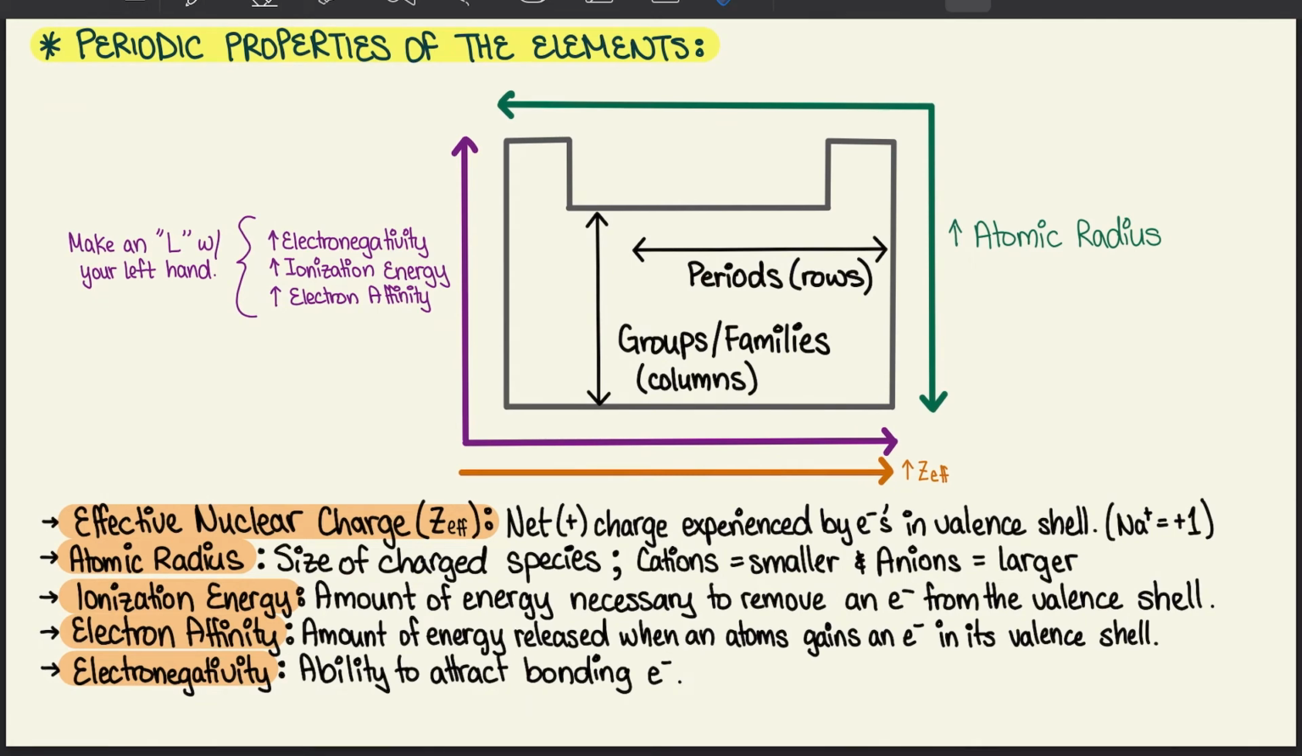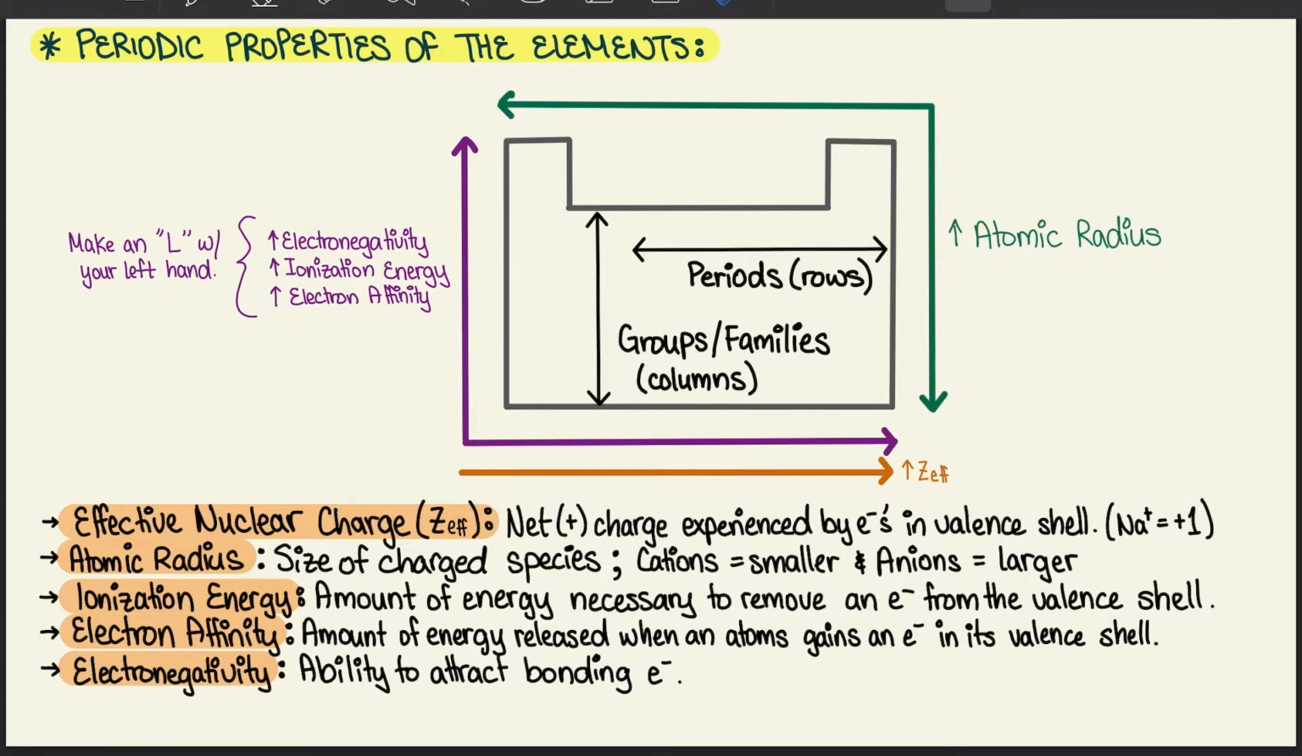of the elements, where I've simplified the periodic properties, but we're just going to go through each one of them for better understanding. We're going to start off with effective nuclear charge, also known as Zeff, with Z subscript eff. It's the net positive charge experienced by electrons in the valence shell. For example, if you have sodium, it has a positive charge, it's going to be -1. So Zeff increases from left to right,